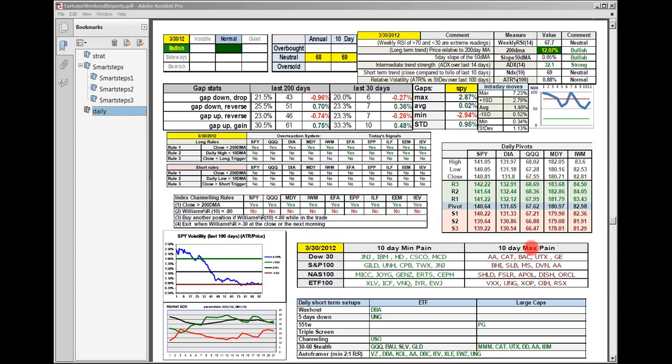10-day max pain are those symbols that have lost the most on a percentage basis from their 10-day high compared to their peers. So in my theory, that makes them candidates for rebound plays, since I think it's more likely that max pain was an emotional response rather than min pain. So Alcoa, Caterpillar, Bank of America, United Technologies, GE, the VIX, natural gas, oil, miner, exploration and service,